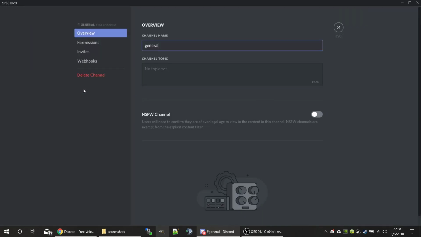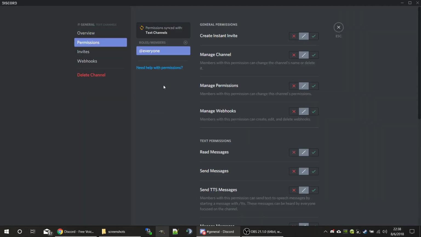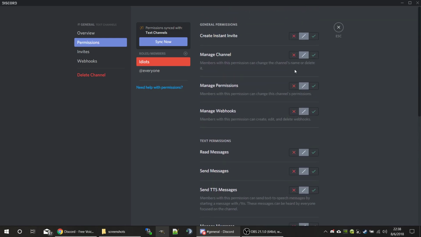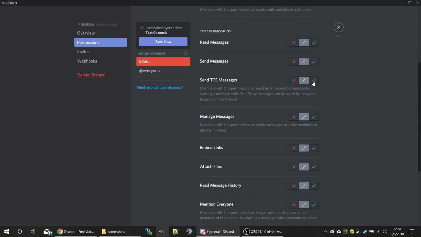we can go into our general channel and we can go to permissions under general and see we have create an invite. If we want to add a specific thing, let's go to idiots. And what permissions do they have? Well, they're going to have the same permissions as everyone unless we change them. This means read only. This means, excuse me, this means inherited from everyone. This means yes. This means no. So,